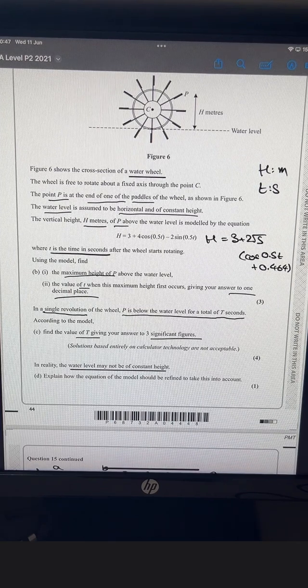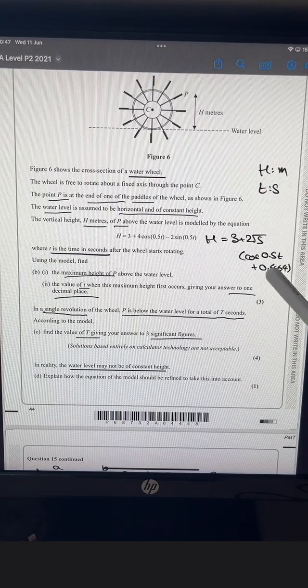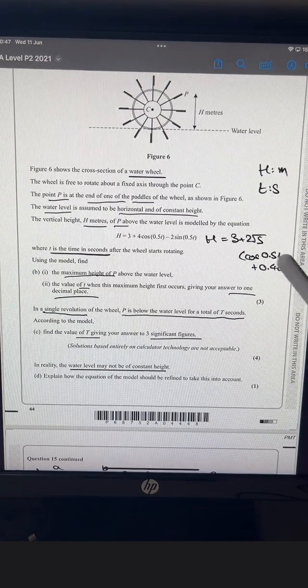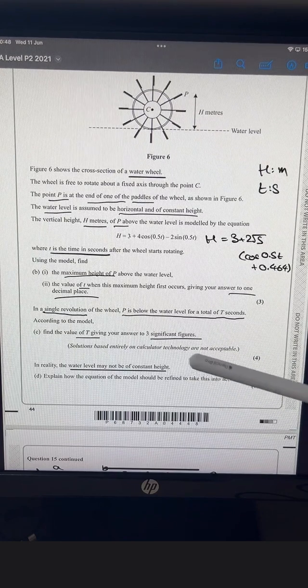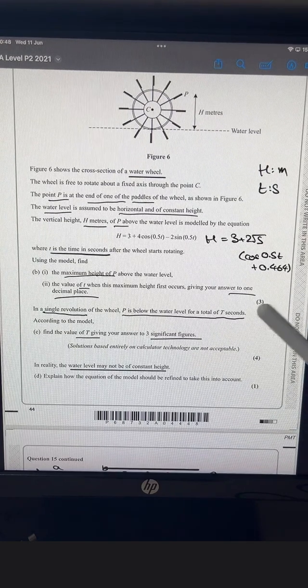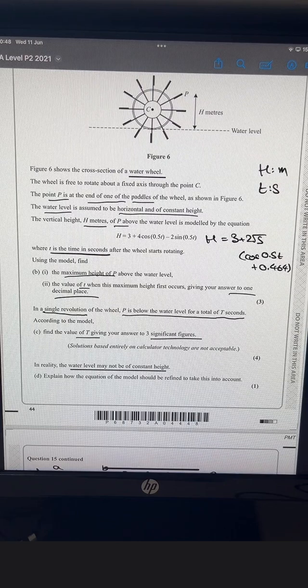So if this water wheel is spinning and the height of P is 3 plus something, where this is the cos function that varies, how am I going to change this so that the height of P is changed? What is the bit of this equation that offsets the vertical height? It's the 3, right? That 3 tells me that it's going to be 3 above the ground level. So how am I going to adapt this model? Well, the 3 needs to vary, because the water level is varying, right? So the way you would word this is here,